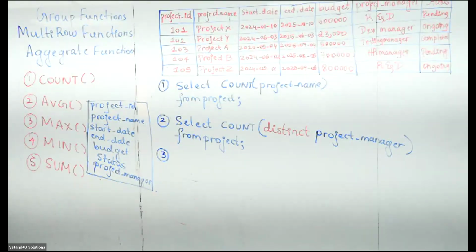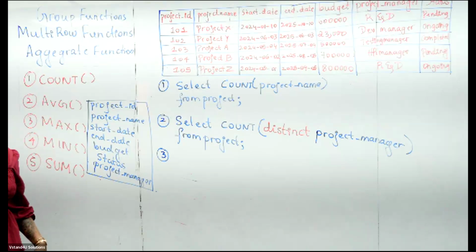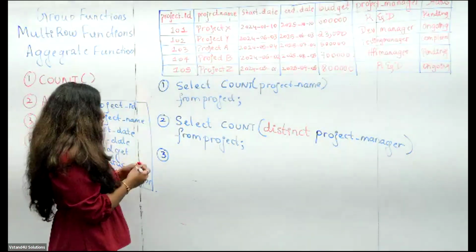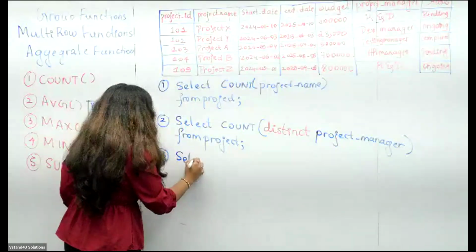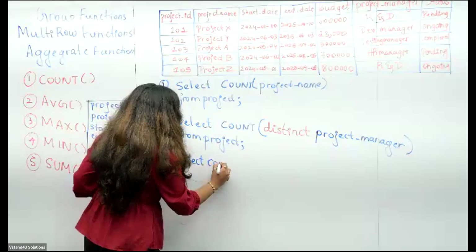What is the total number of projects that are currently ongoing? Yeah, how will you write the query? First of all, they are telling you to get the total number of projects where the status is given as ongoing. Yes or no? So how will you write the query? Select